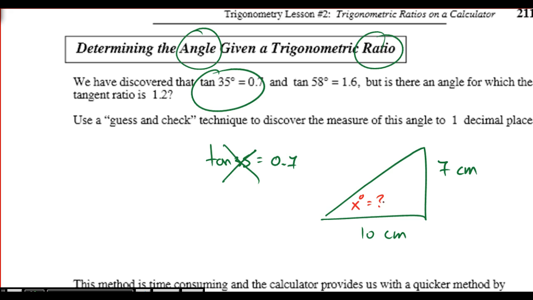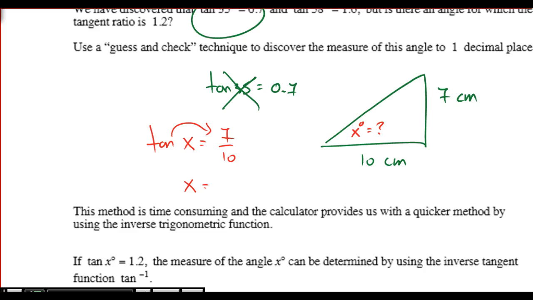Well, working backwards, there's only one angle that's going to be associated with this ratio, so we can go tan x equals 7 over 10, and now we just work backwards, just like solving any algebraic equation. We have to get x by itself, so we're going to get the tan on the other side. How do we get the tan on the other side? That's the new part that you're going to learn right now, and your calculator does the hard work, but basically what you're doing is taking the opposite of tan, and the opposite of tan is tan inverse, designated by a little -1 up top there,